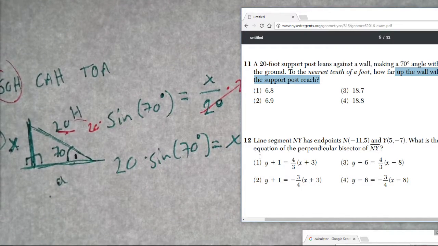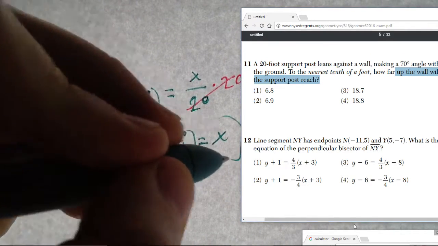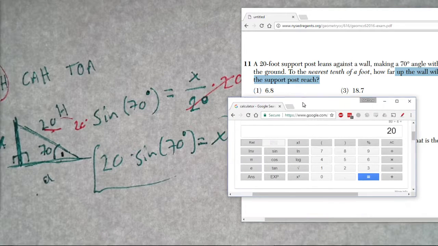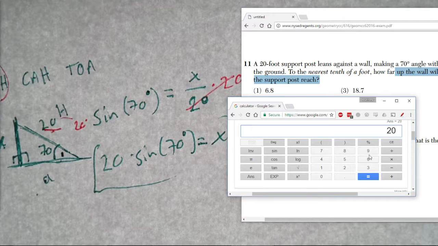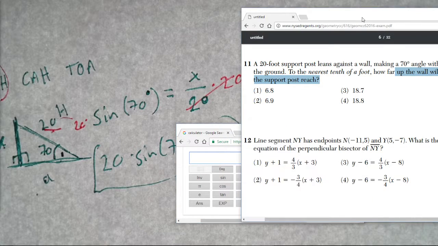At this point, all I need to do is just make sure I'm in degree mode and plug that directly into my calculator. So let's do that. Make sure right now I'm in radian. I'll switch to degree, and I'll do 20 times sine of 70 degrees. And I should find, let's see, 18 point,